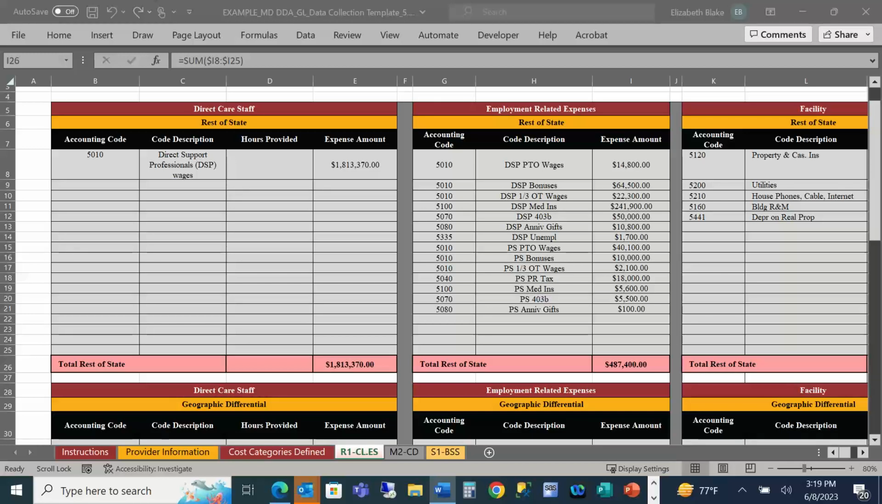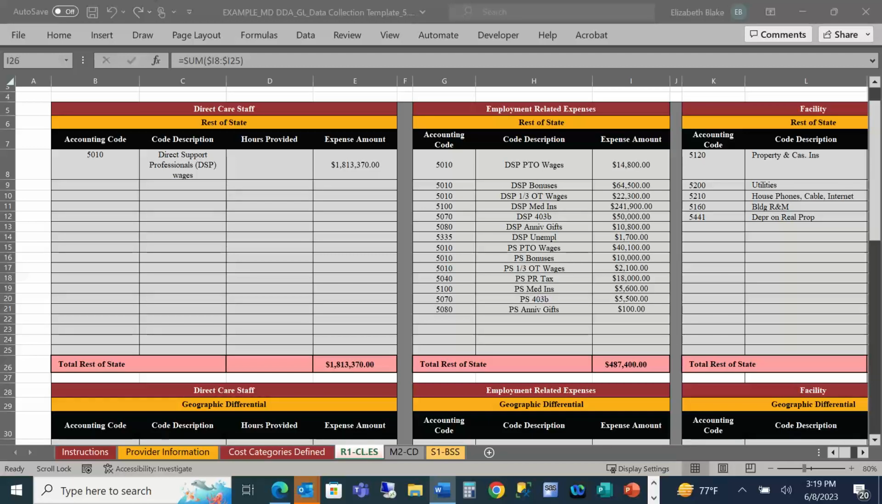And I'll just start off with our direct care staff. So at the blue bench, the expenditures related to our direct support professional wages are equal to about $1.8 million. So we have our accounting code here, description of the expense amount, and then the expense amount here. And then everything, if there was more than one thing, would sum in total here. So the direct care staff one is probably the most simple cost category, I believe. So I'm not going to spend too much time talking about that, but we are going to move on to our